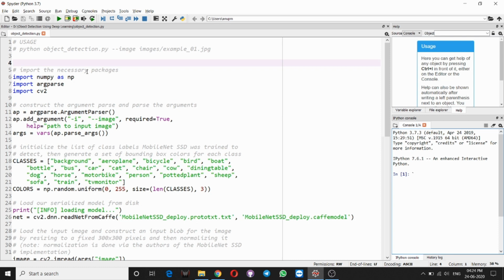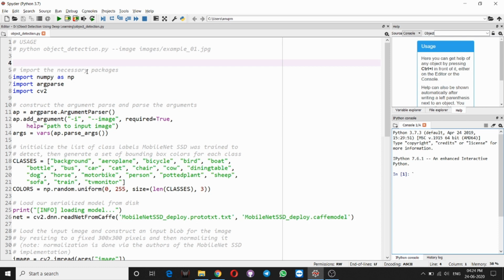After making the argparser, now we will initialize the classes that we are going to use in our model. We have initialized 21 classes, as you can see: aeroplane, bicycle, motorbike, person, TV monitor. After initializing our classes, we have to give a random color to each class.